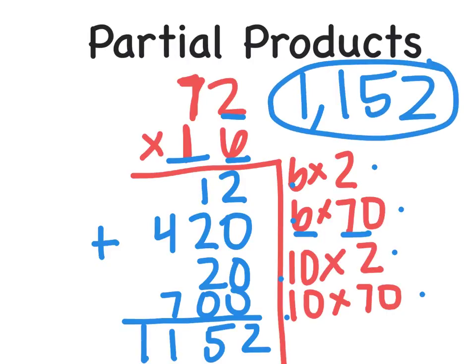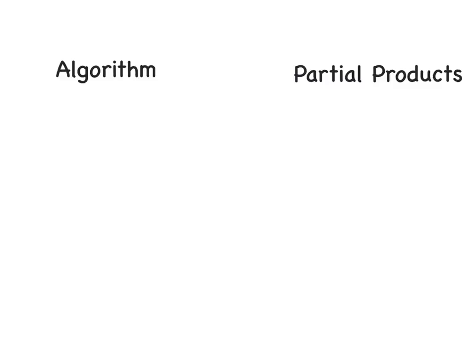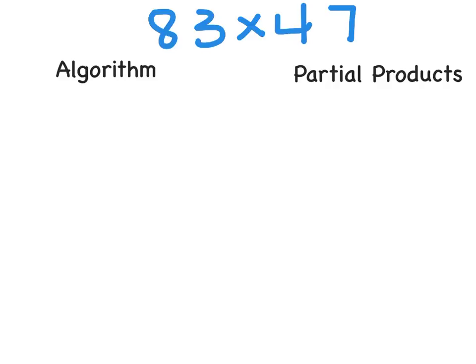1,152 using partial products. I'm going to show you the next problem with each of the two ways side by side. So the problem that we're going to do is 83 times 47. On the left, I'll show you how to do that with the algorithm, and on the right, I'll show you with partial products. So when I'm doing the algorithm,